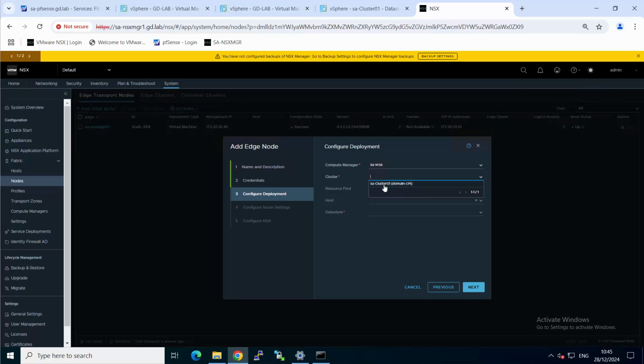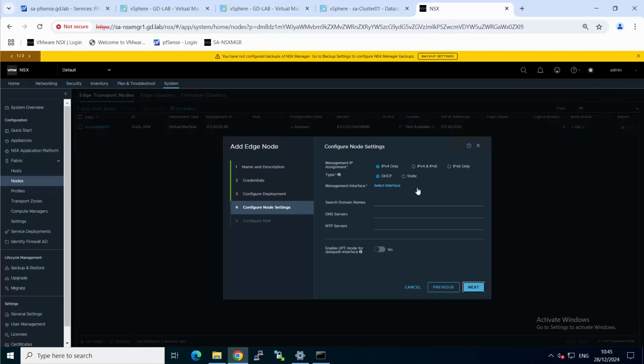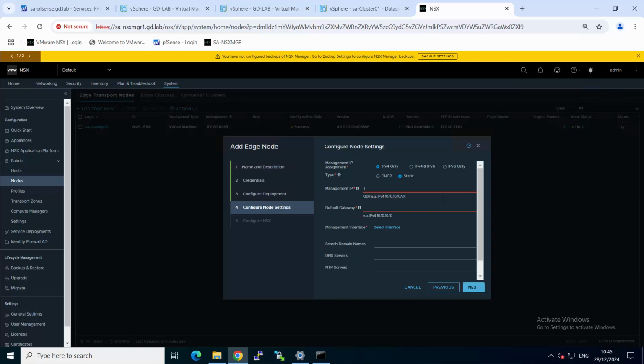Then configure the deployment. So where to deploy these Edge nodes. In my case, I have this cluster already created, and of course where to put the data of this virtual machine, and I have my vSAN datastore. After that, the configuration of the management interface. So the interface used to reach the NSX node from the NSX managers. In my case, it's quite easy. It's the same network, just